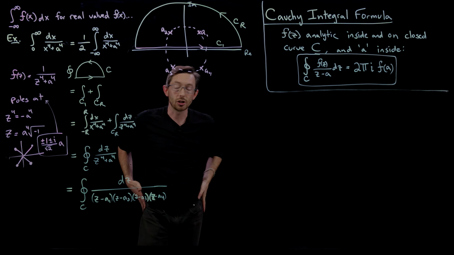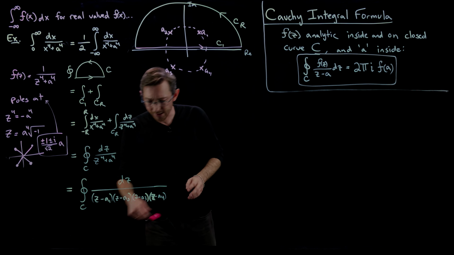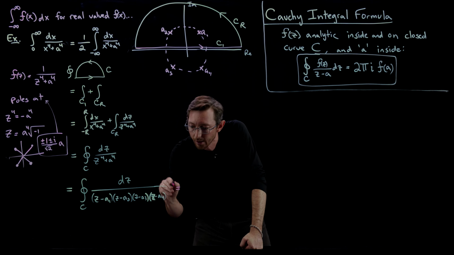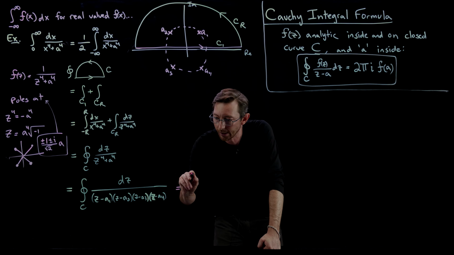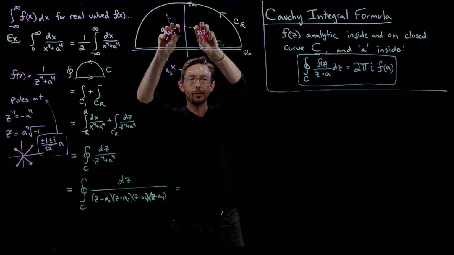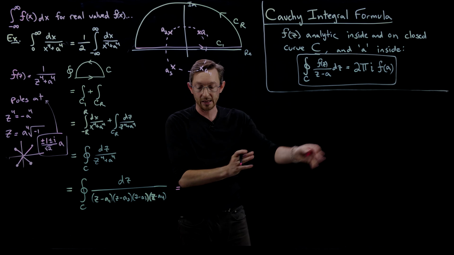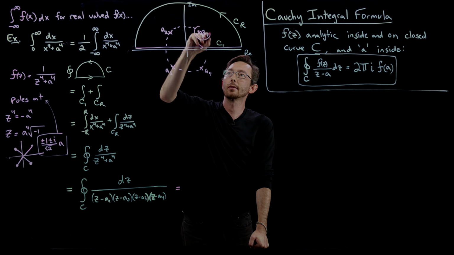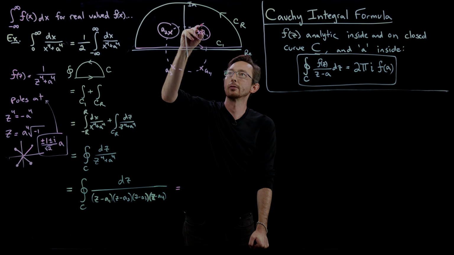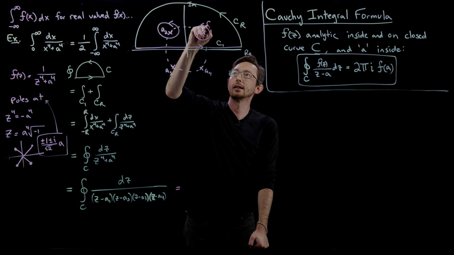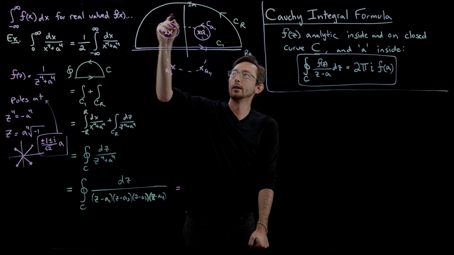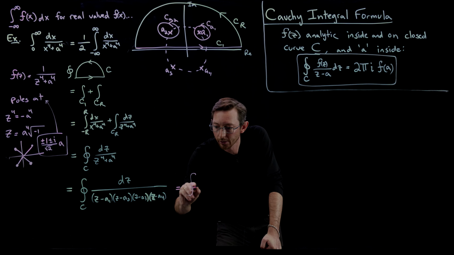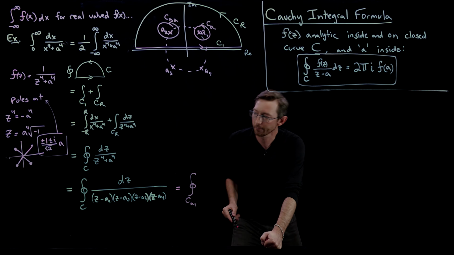So we can use the Cauchy integral formula to essentially say, I'm just going to start writing this down and hope that's pretty close to right. I'm going to shrink wrap this around each of these and write this as two different pieces. This is going to be equal to an integral around this one and an integral around this one. I'll call this CA1 and CA2. So this is the integral of CA1